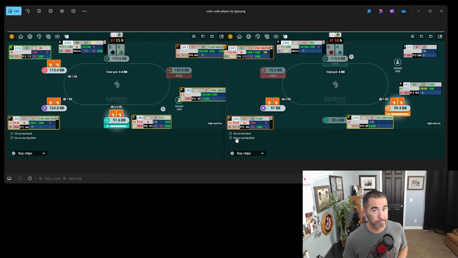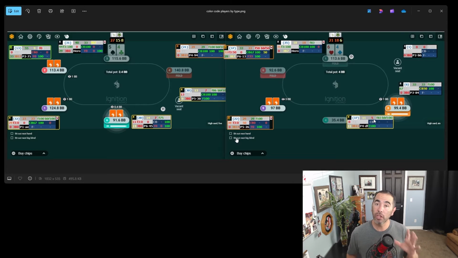Loose aggressive player. So if we take a look at the screen right now, 55/9 player, yeah, that's a very loose passive player. I have him color-coded green as a fish. 23/23, yellow as a tag. 14/7 as a tag. My own stats, I'm a 40/30. If I was playing against myself, these statistics, I would tag this player as an orange loose aggressive player. We got another orange lag, 29/29 with a 3-bet at 22%. And over here, we have an 11/5, very nitty player, but I would give him that tight aggressive tag for